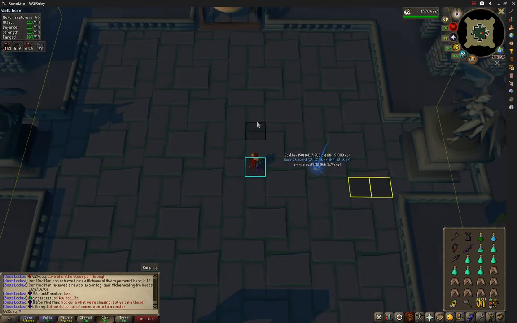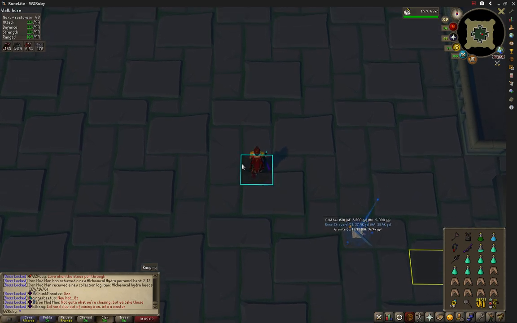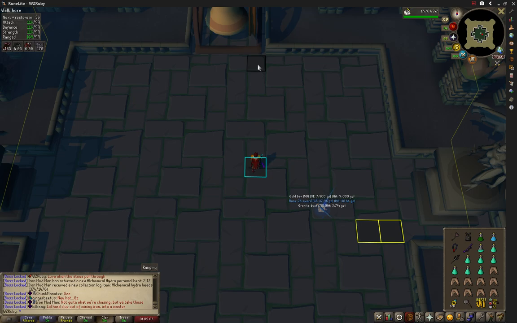The only other thing of note is that you really don't even need much food for this setup when you've got this kind of gear, because between the Blowpipe special attack and the Blood Fury, you can almost completely sustain nearly indefinite trips here. The only limiting factor I've found in the last series of long trips is my inventory space, more than anything. Or occasionally, if I just get a bunch of stackables or alchs or something, then I'll run out of prayer restoration. But otherwise,